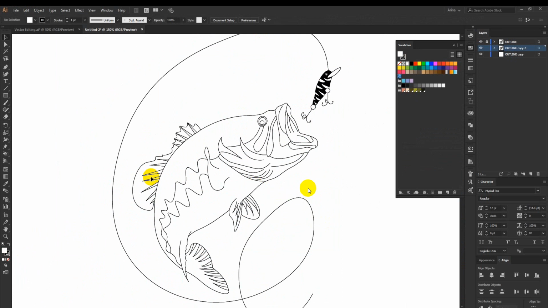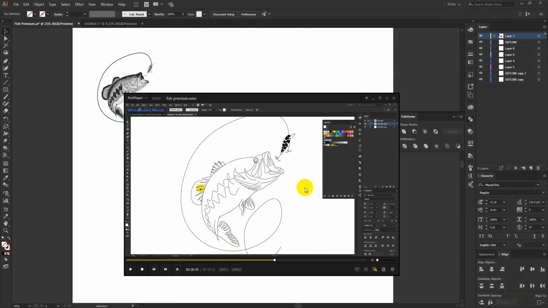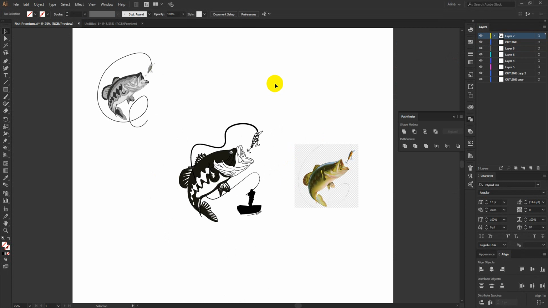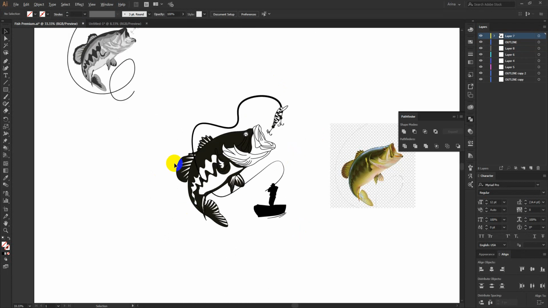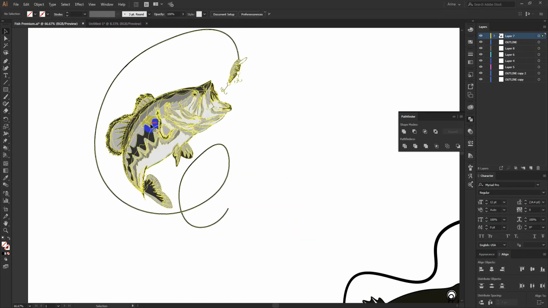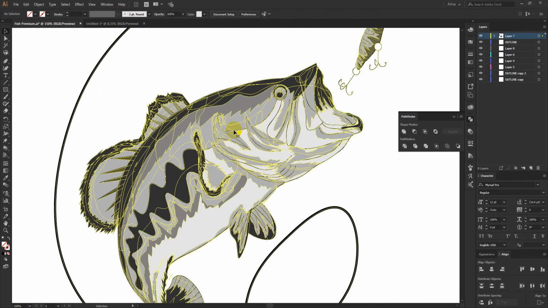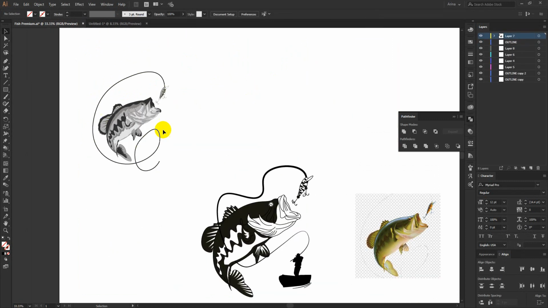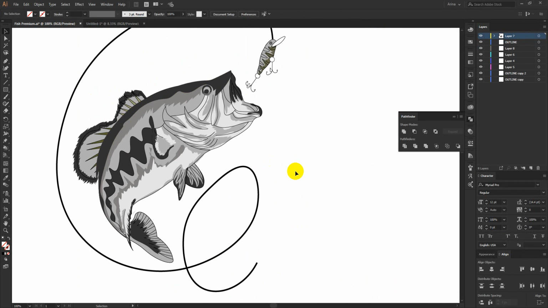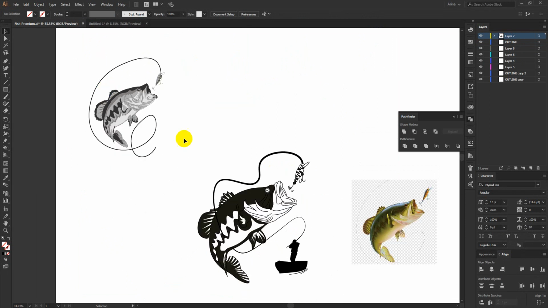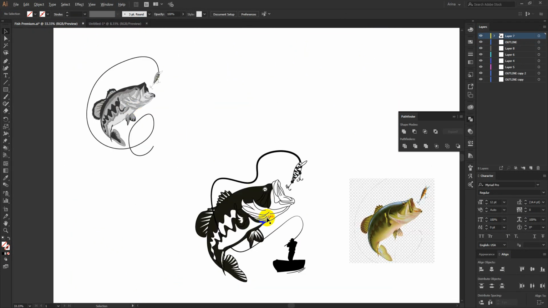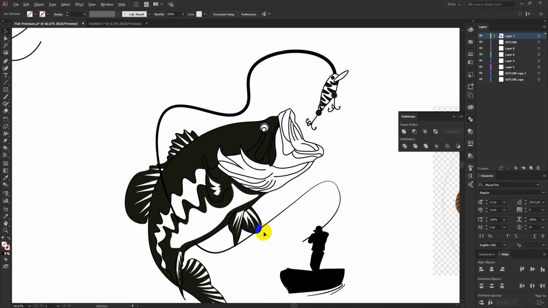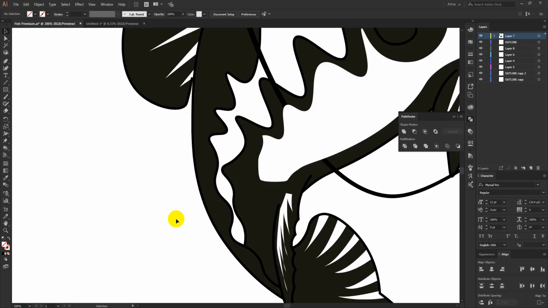I am not going to show you the whole process, I am just going to show you the result here. So this is the result of my drawing. I made two versions. You can see one is very detailed here with some shadow and texture, but as I am not an artist, these are not very good looking, but still my work will be done with that. Here I made another version, and this is only black and white.